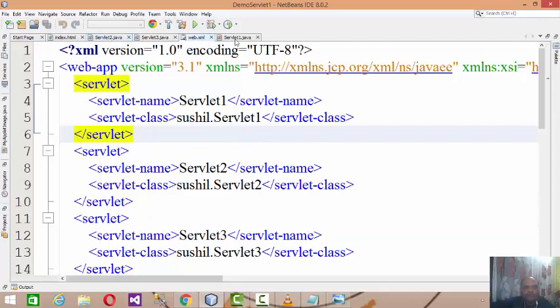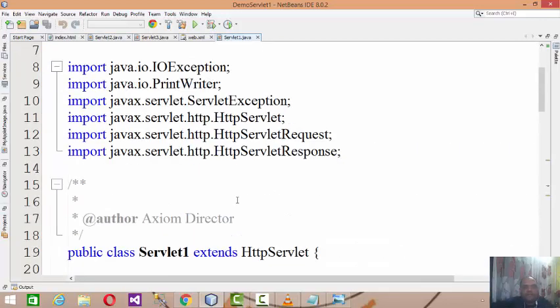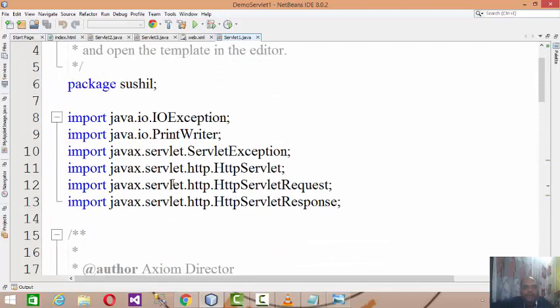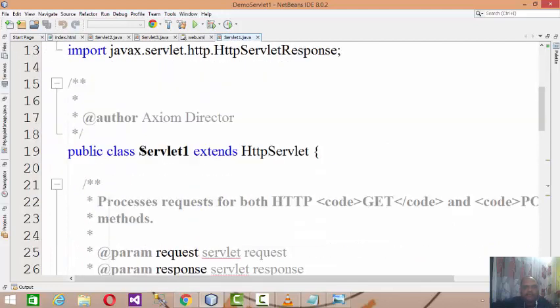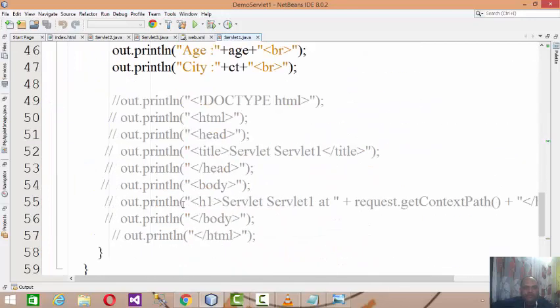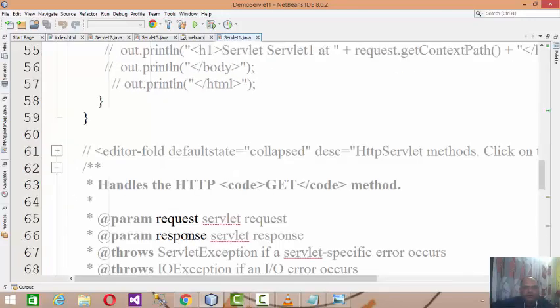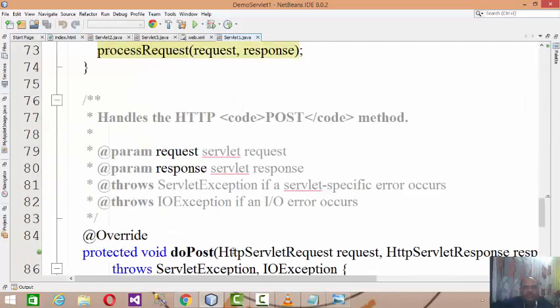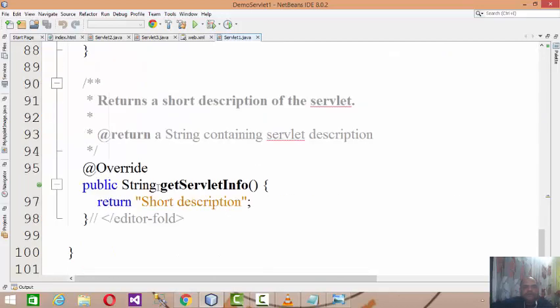So once you create the servlet, the default code will be added like this, and your servlet class gets extended from HttpServlet. Then to develop the response, you have to override methods like processRequest, service, doGet, doPost, and even getServletInfo and so on. Now what is the utility of all these methods?